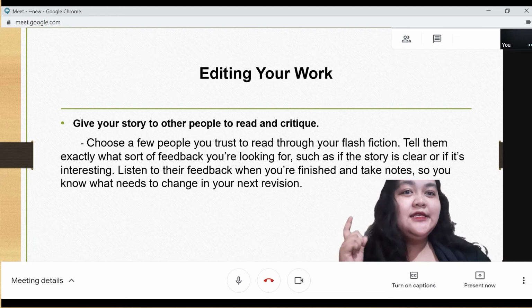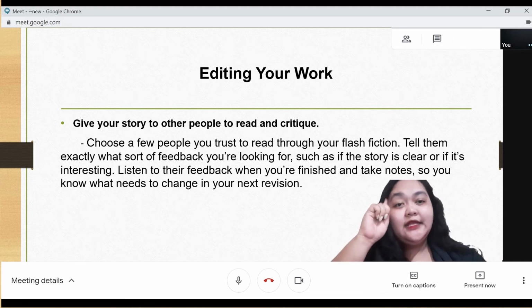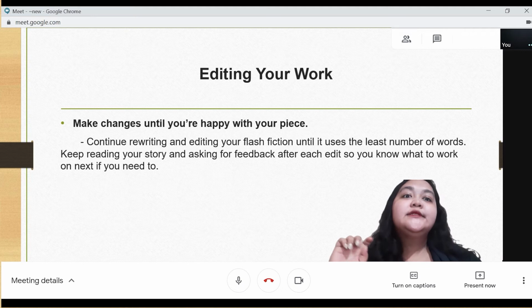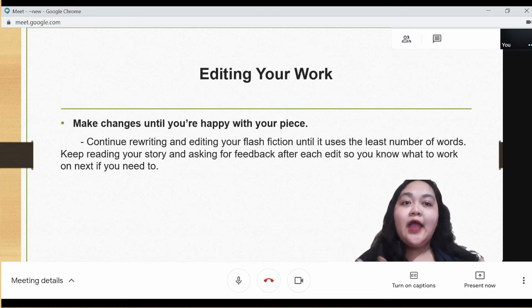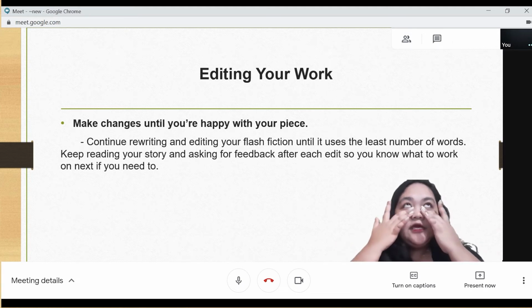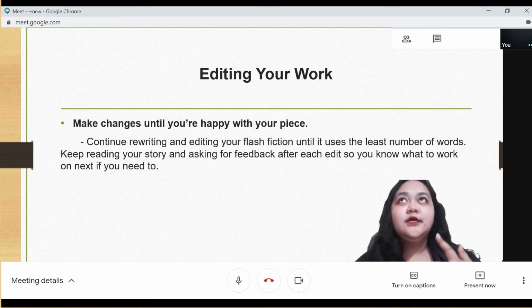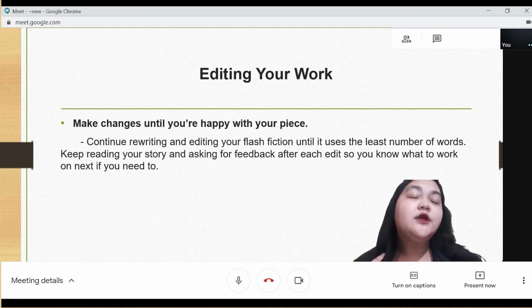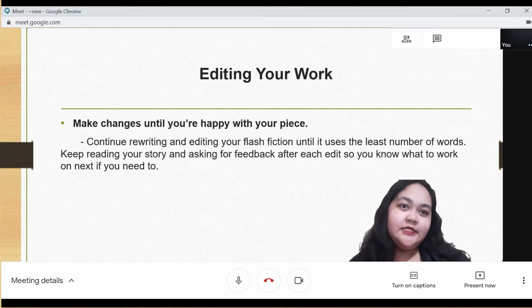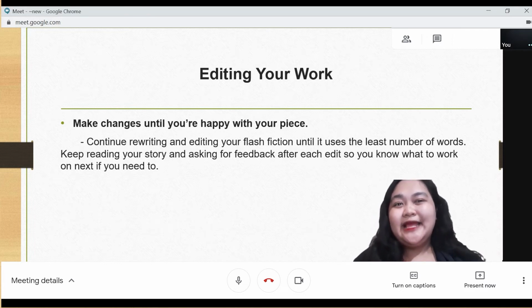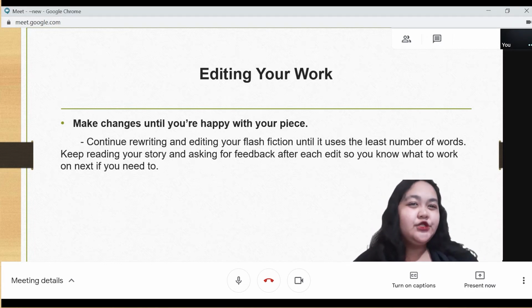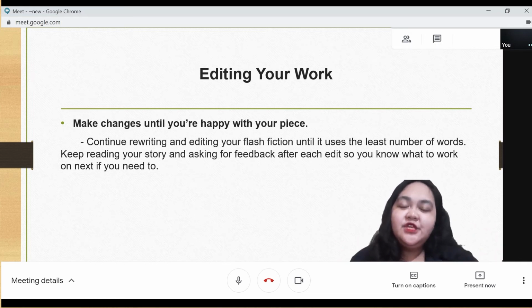Okay, and the second part of editing your work is, of course, to edit until you're happy with your piece. Making changes until you're happy with your piece. This is the most important part. This is also an important part of editing your work. Make sure that you're happy with the changes that you are going to make. You know, because there are some instances where writers tend to write another story just because other people critique it. Just continue rewriting and